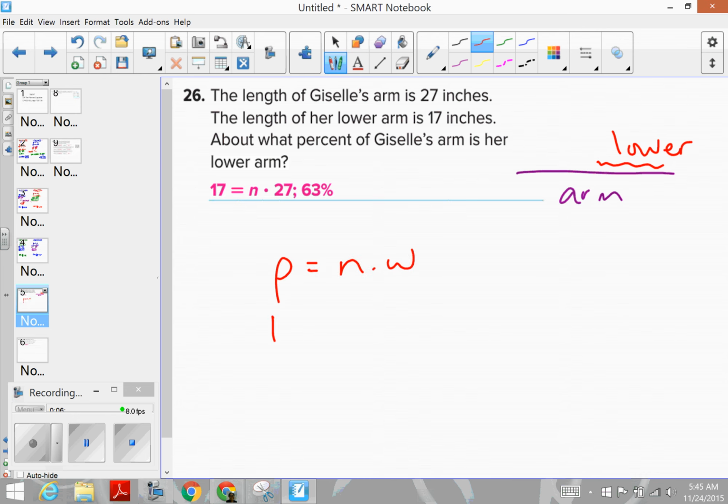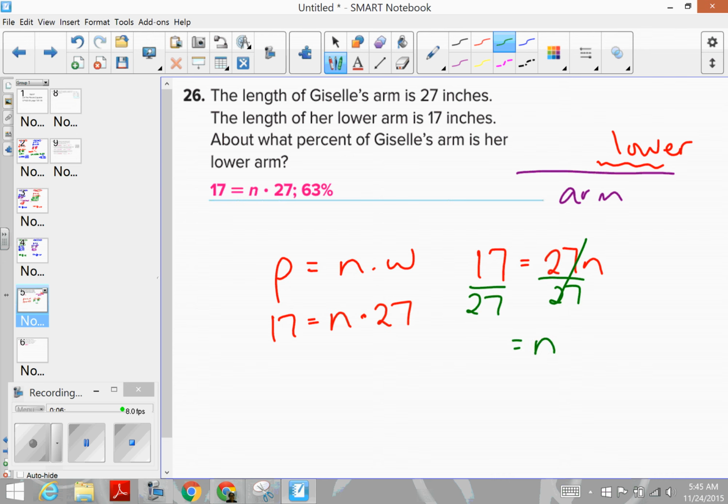So that is 17 inches. And that equals what percent? So we don't know N times W, which is 27. Okay, so you can rewrite this as 17 equals 27N. Divide by 27 on both sides. And then 17 divided by 27, that equaled